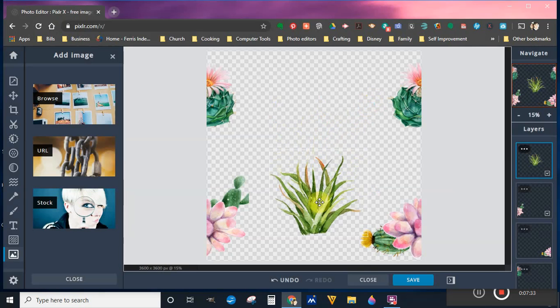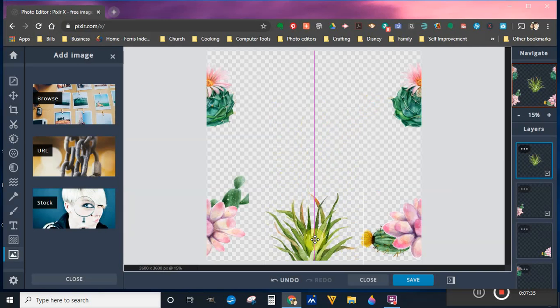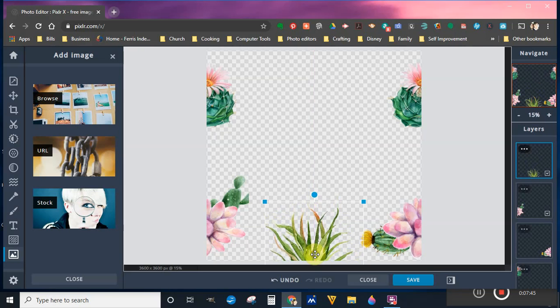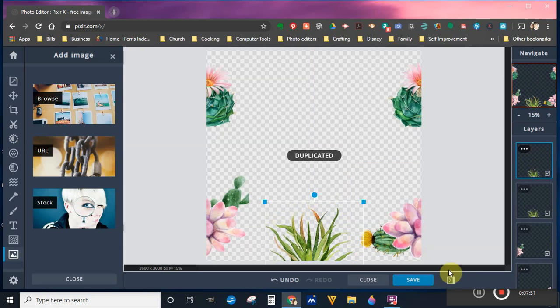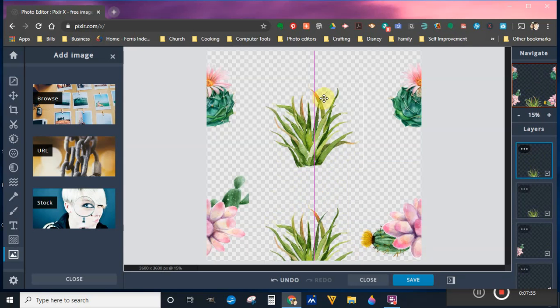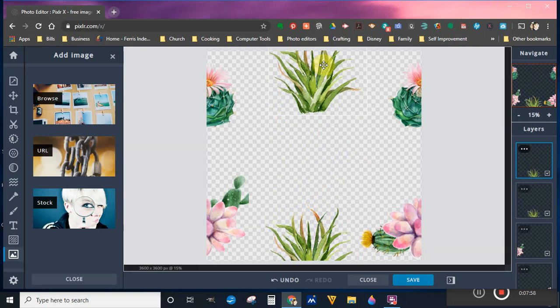And I'm going to drag this, and you see that center line that just popped up in pink? That is what you want. That tells you you're centered on the page. And here, I'm just going to leave it there. Come over here, make another copy of that image, and then drag it up and kind of guesstimate, because this is all guesstimations, but I've been pretty good about